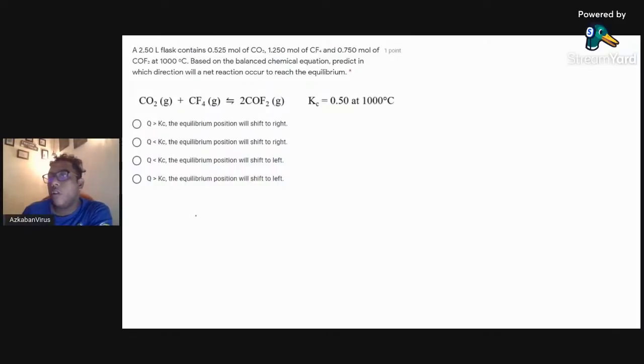So first thing, calculate the concentration of CO2 which is equal to 0.525 bahagi dengan 2.5. This is equal to 0.21 molar. CF4 is equal to 1 point